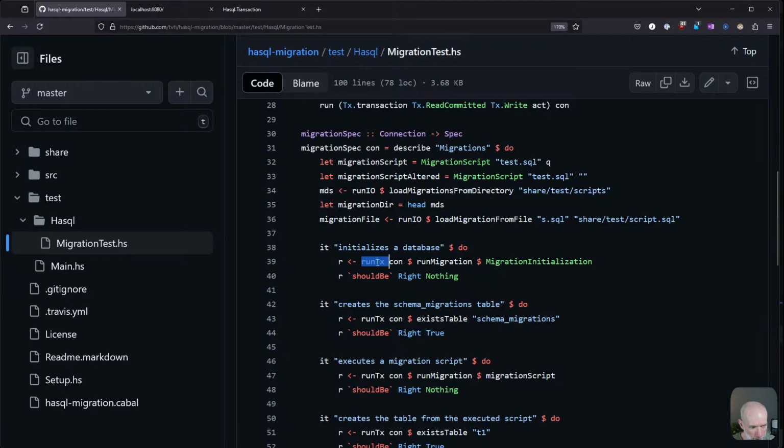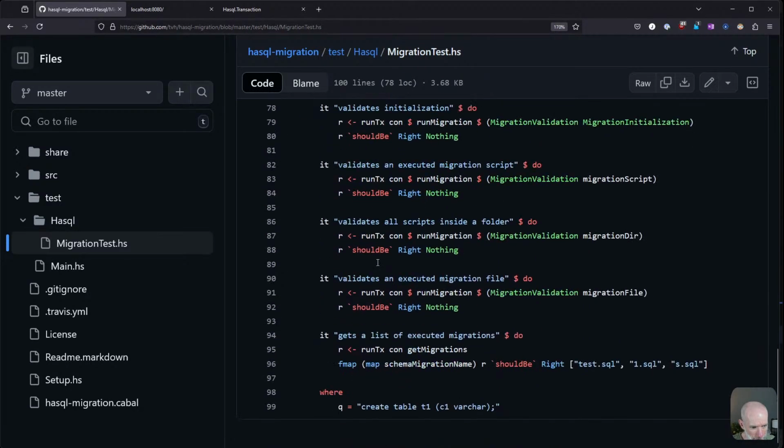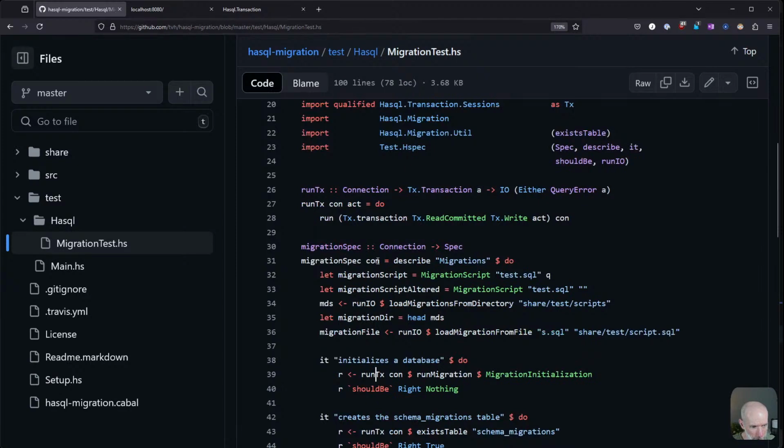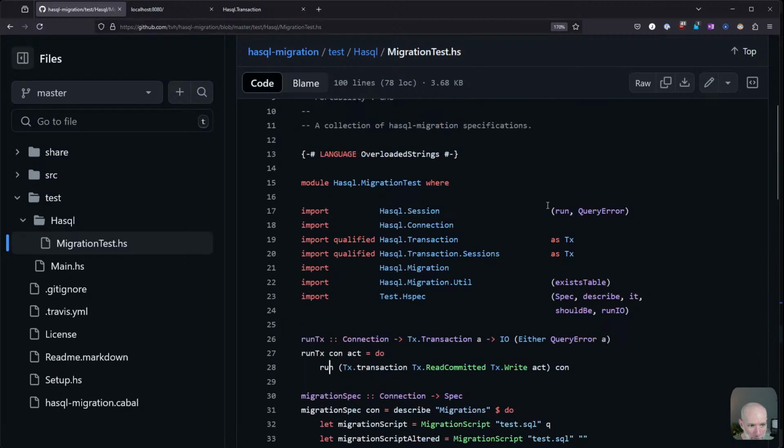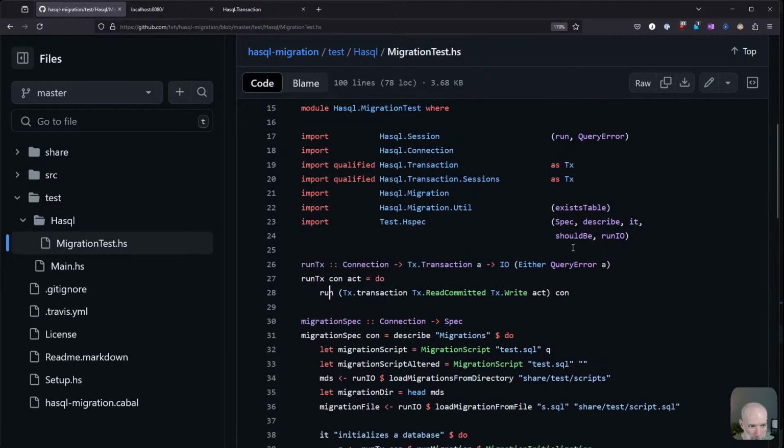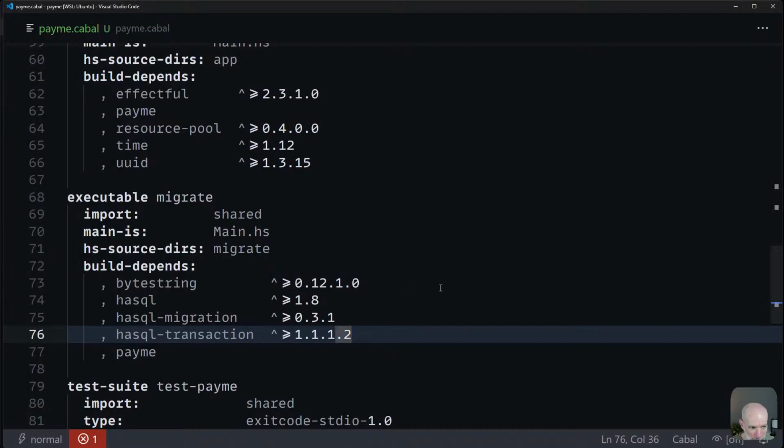Run tx. What is that? Where does it come from? Run tx uses run, which comes from somewhere. Can it find run for me? Oh, it's up here, sorry, from Haskell session. Right, so in theory then,